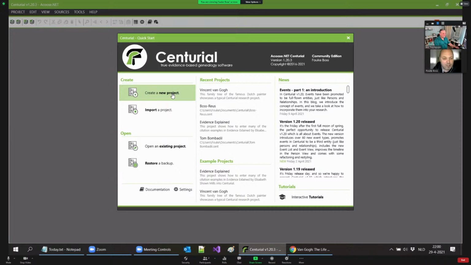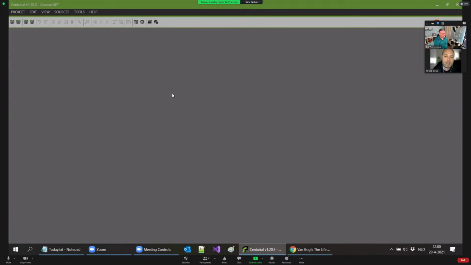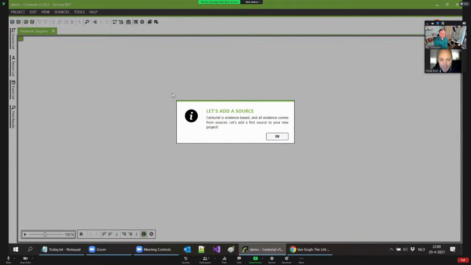Well, like any other software, you start by creating a project. So let's call it a demo project. And then Centurial makes a suggestion of its own. It says, well, it's evidence-based, and all evidence comes from sources. So let's add a source. That's how you start.